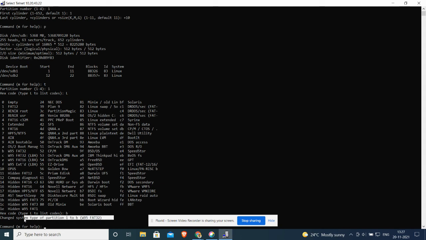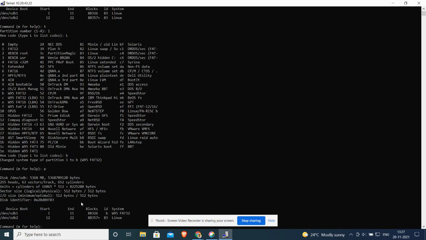Now if it is changed, let's check whether the file system has changed or not. So we type P to print the partition table, and we find that the file system has been changed.